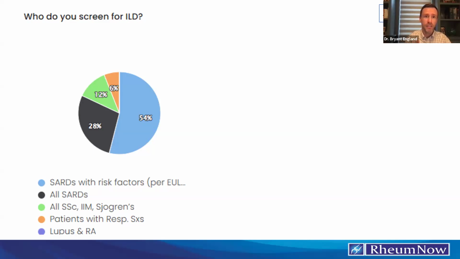Screening is not a one-time event. It's not that you made the diagnosis, you decide whether or not you're going to get a CT, and if you choose no, you can never again, the rest of their life, decide to get a CT. CT machines will still exist and still can be ordered in 5 years.